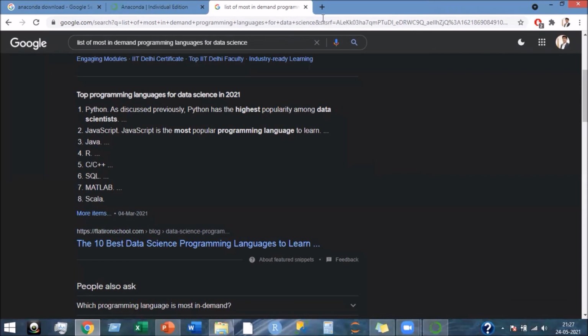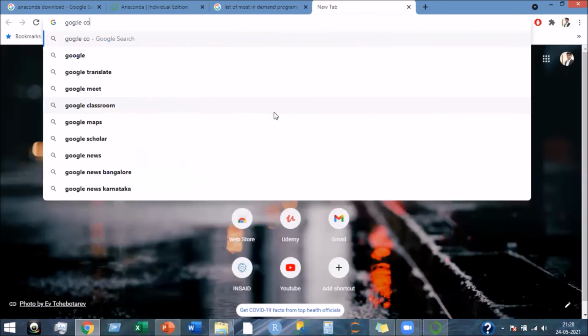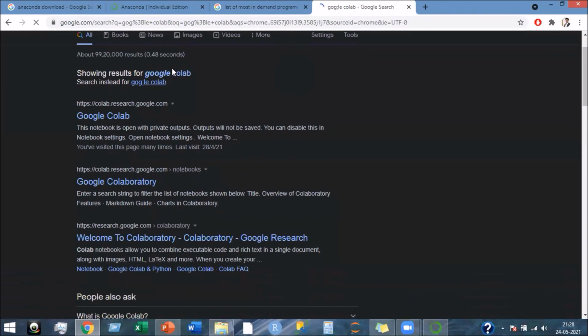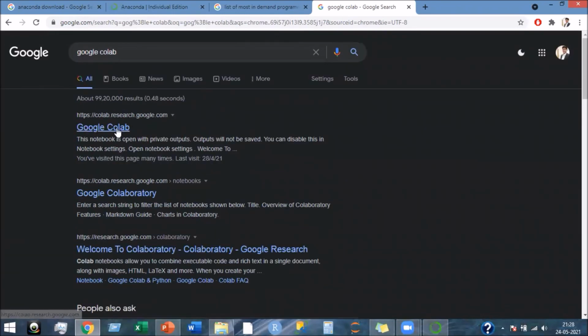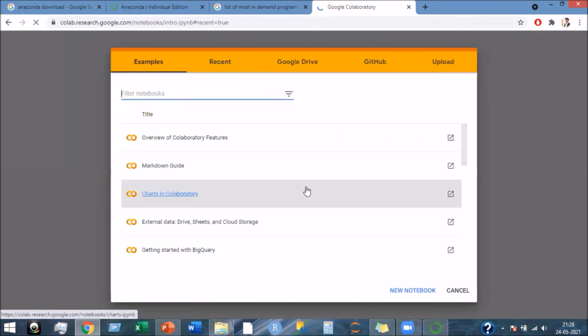Moving forward, there's another option to run Python programming or your data science project without installing any software on the system. This is a totally cloud-based system. So what you need to do is search for Google Colab and click on this link, colab.research.google.com.